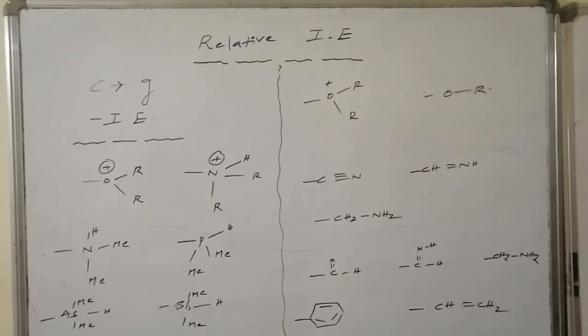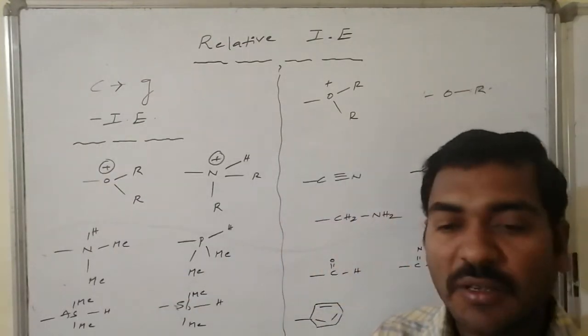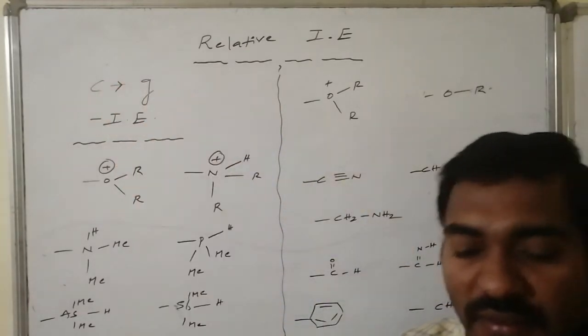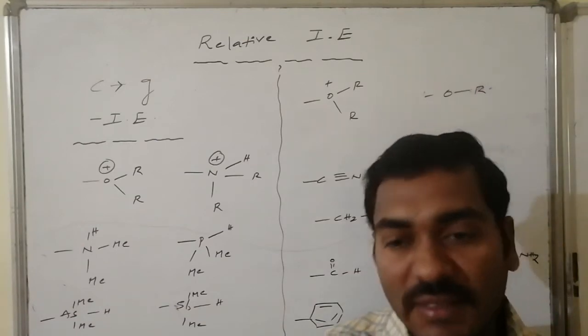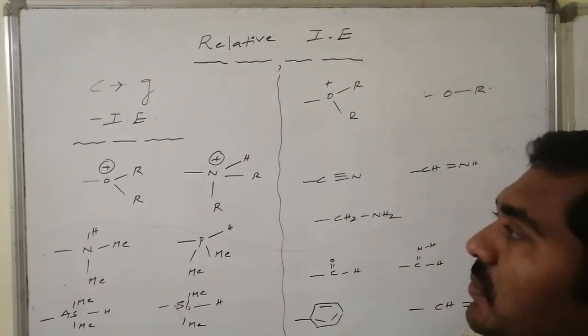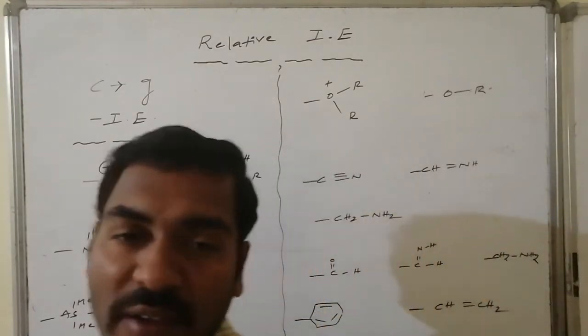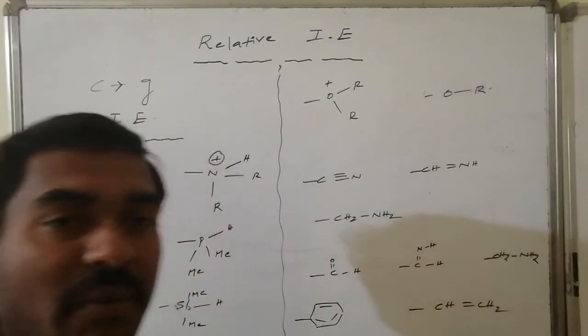Similar to the positive inductive effect, there are negative inductive effects and relative orders with respect to competition between groups. The negative inductive effect is caused by permanent withdrawal of sigma bond electron density towards the group. Here, in case number 1, both are different atoms and both have 1 unit of positive charge. One is oxygen and the second one is nitrogen.